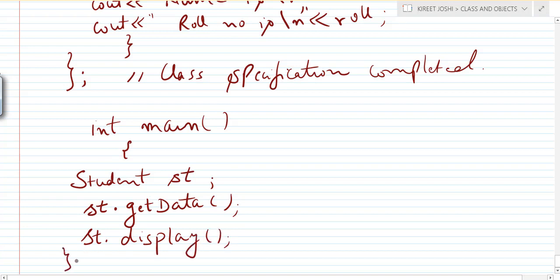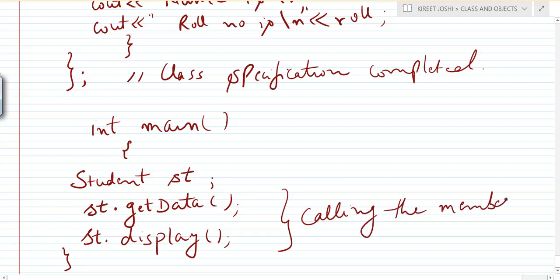And this program completes. In this way we create a class, and we are calling the member functions, and in this way it can be processed.